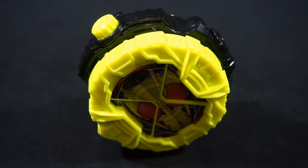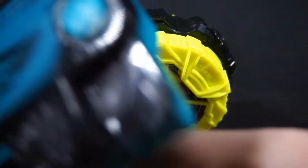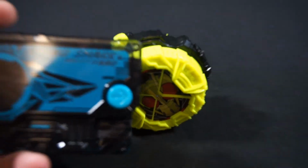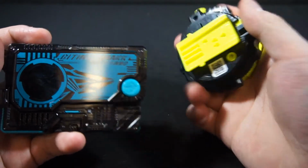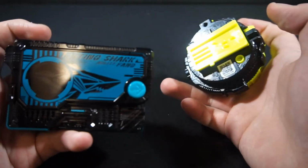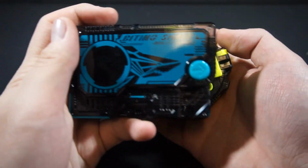But other than that, this is a really nice ride watch, and the funny part too is that you can scan progress keys with this. I like this. I'm pretty sure this is really ironic, but